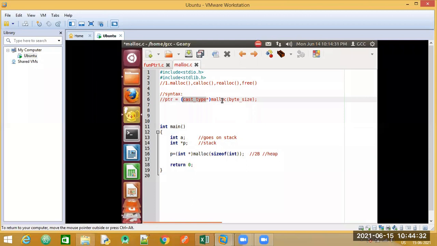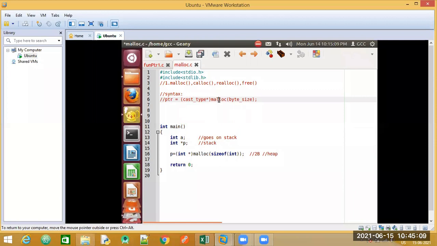Then we have made use of a pointer, and we have made use of the keyword malloc. Malloc means dynamic memory allocation. Now you have told the malloc function that you are trying to store an integer. Say that I just want to store a number. For now, assume the number is 10. I want to store 10 in the memory. What is the data type of the number 10? Int. Sure of this? So the cast type will be integer.